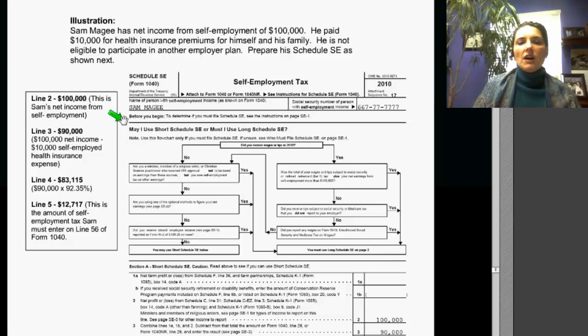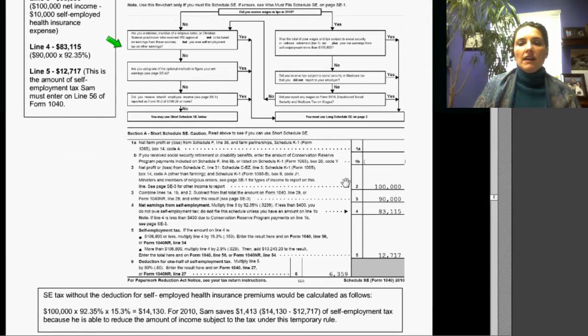Well, you can see that the top portion of Schedule SE is basically a flow chart to help you determine whether or not you can use the short Schedule SE or whether you have to use the long Schedule SE. Sam McGee qualifies for the short form, which is what we have filled out. We begin on line 2 by entering his net income from self-employment, and then on line 3, we enter his net income after subtracting out the self-employed health insurance premiums that he paid, which gives him $90,000 to enter on